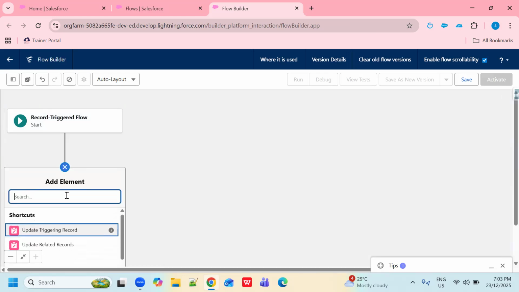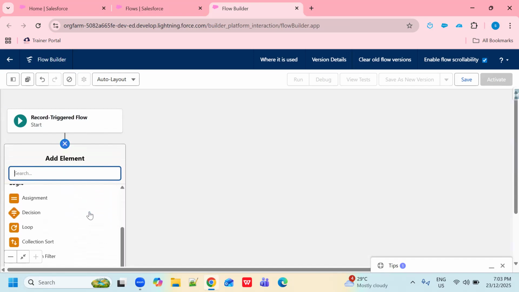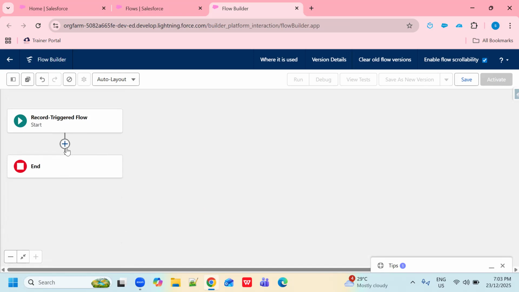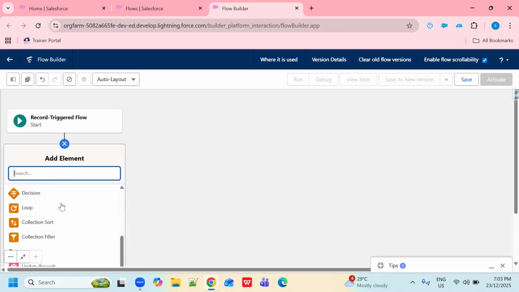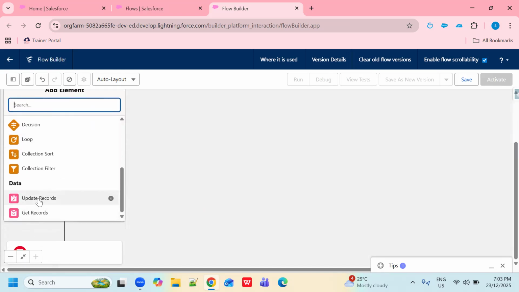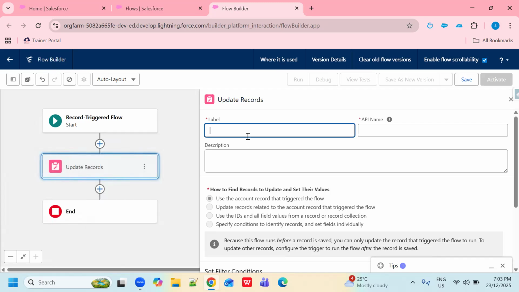Now I'm going to add an update record because I'm going to update a record. Right, so that's why I need to add this element, update record. So give a label, I'm giving here update account records.